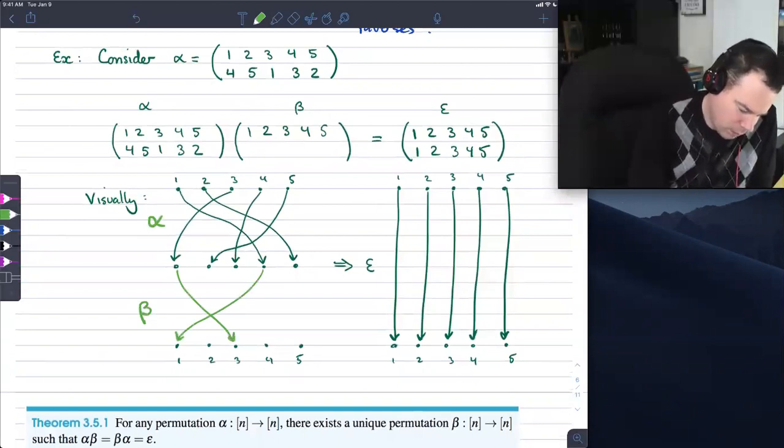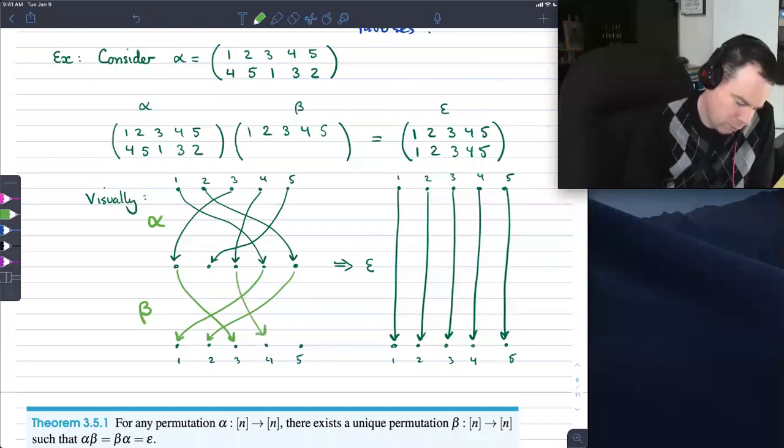2 goes off to 5. So 5 better come back to 2. 3 goes to 1. So 1 better go to 3. 4 goes to 3. So that better come back to 4. And 5 goes to,